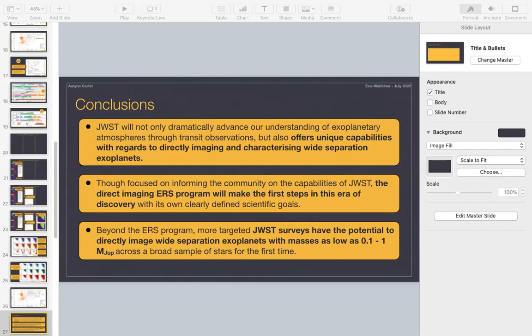This is from Jessica. What sort of observing times are required to do this for the suggested program that you've designed here? Sorry, can you repeat that? What sort of observing times are required to do the suggested program? Okay, so